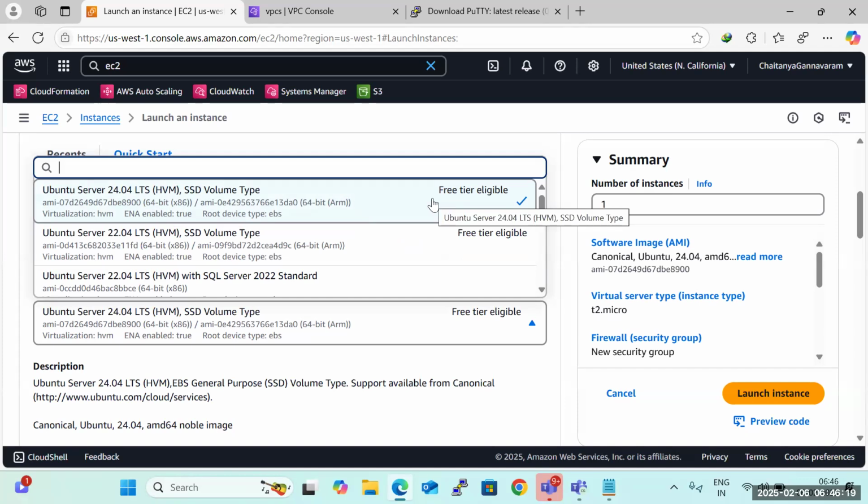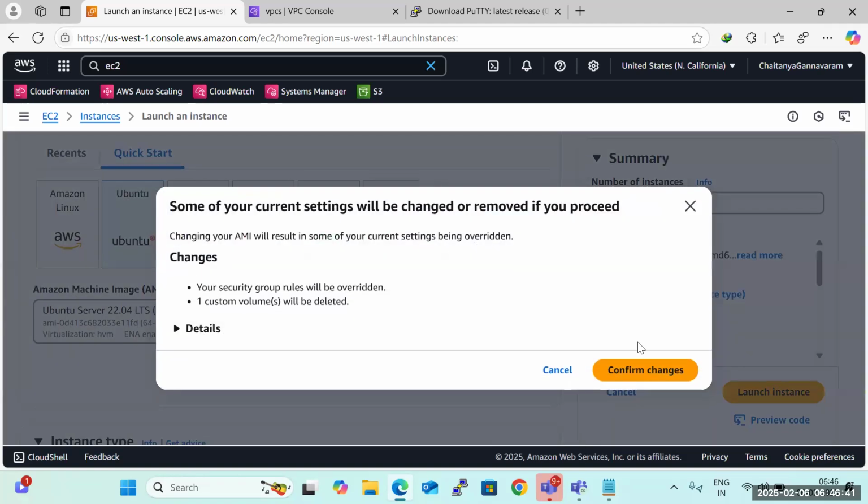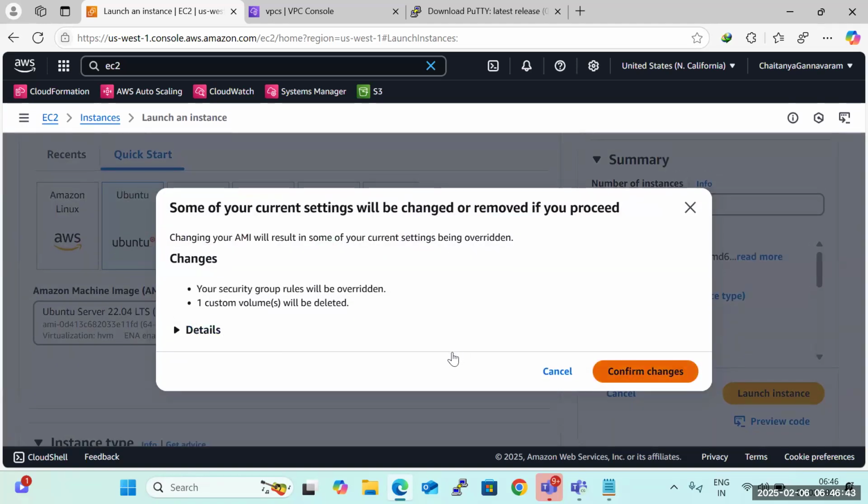Whenever you are creating any AWS account, the AWS account must be a free tier eligible account. Then only a few resources will be free for you. Some of the resources will be free if that AWS account is a free tier account, so please keep this in mind. Now I want to go with Ubuntu 22.04, and later